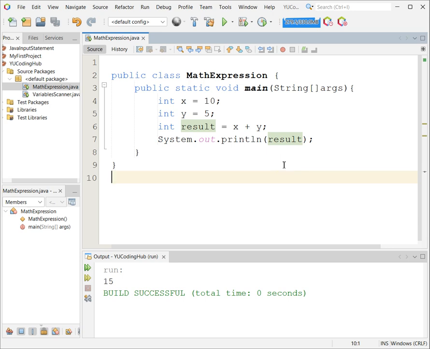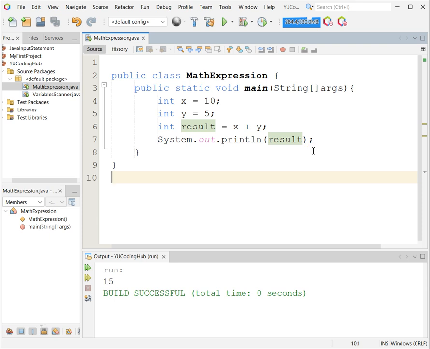In today's video, we are going to explore one of the most important foundations of Java programming, mathematical operators and expressions. These are tools that we use to perform calculations, whether that's adding two numbers, finding the remainder, or creating more complex formulas. By the end of this video, you'll not only know the different mathematical operators in Java, but also how to combine them into expressions that actually do useful work. So grab your code editor and let's dive in.